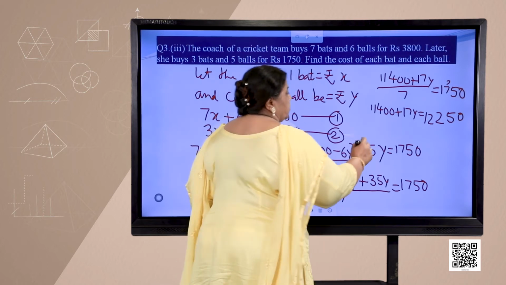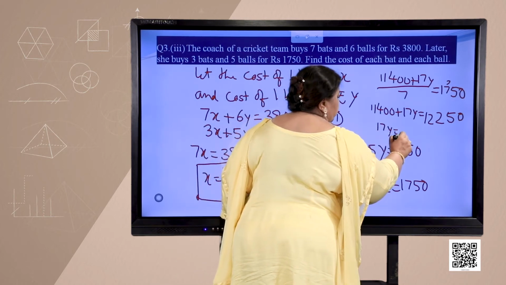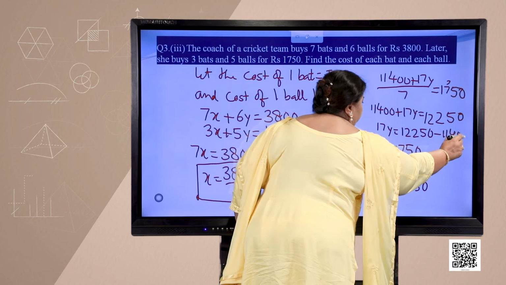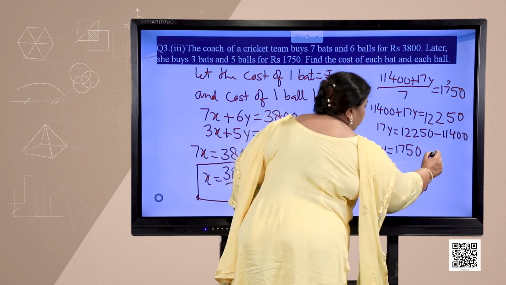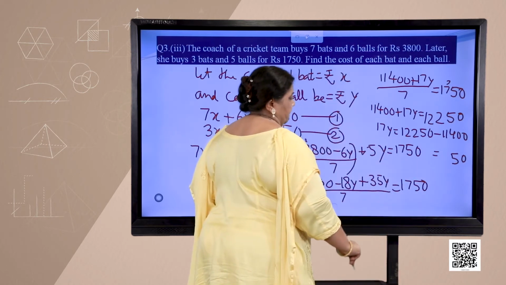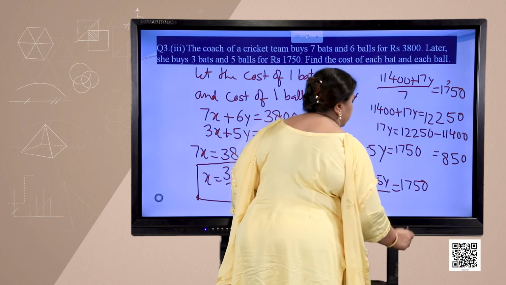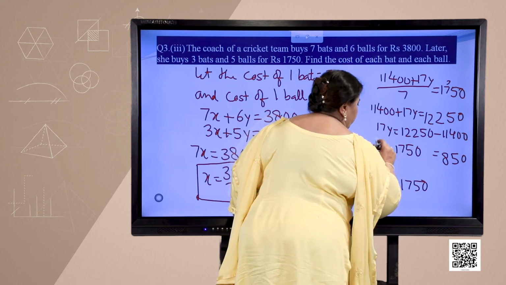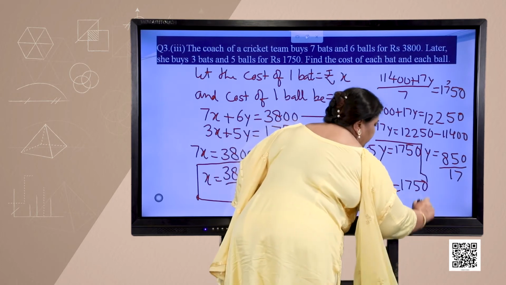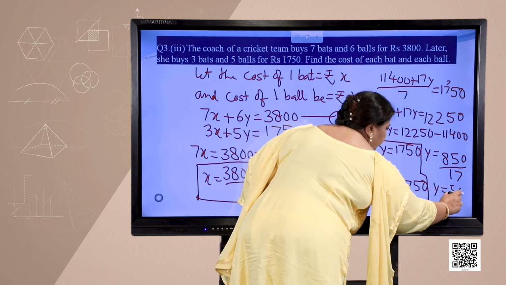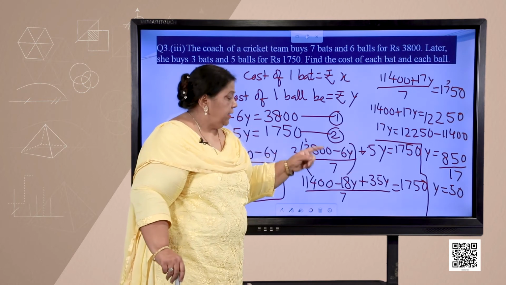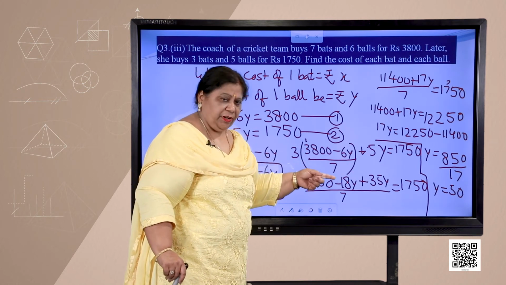12,250. So, 17y is equal to 12,250 minus 11,400. That gives me 850. So, y is equal to 850 upon 17. So, the value of y is 50. That means the cost of one ball is how much? 50 rupees. In this way, if I put the value of y is equal to 50, I will get the